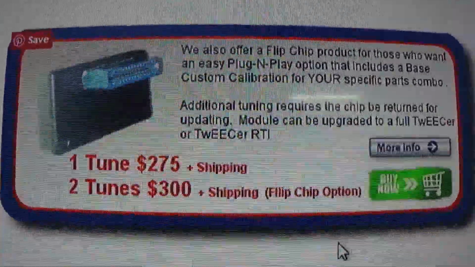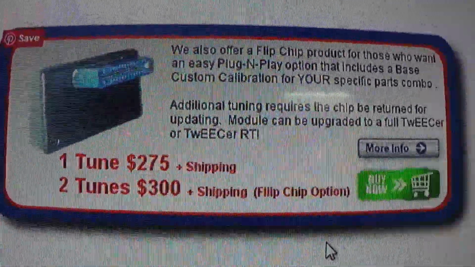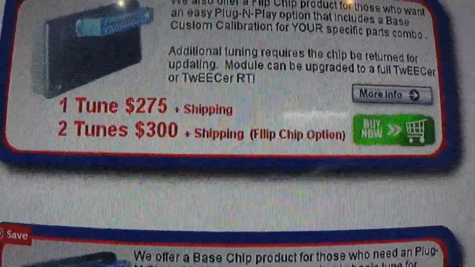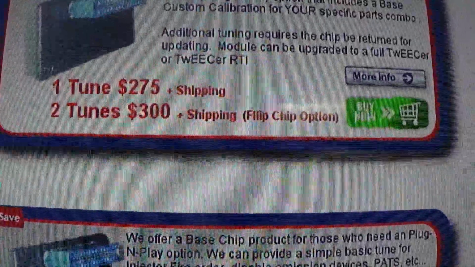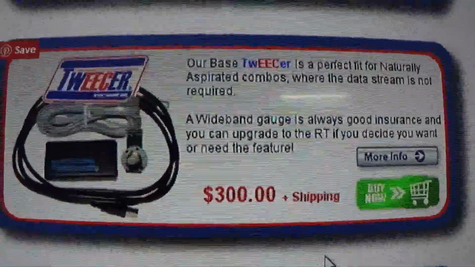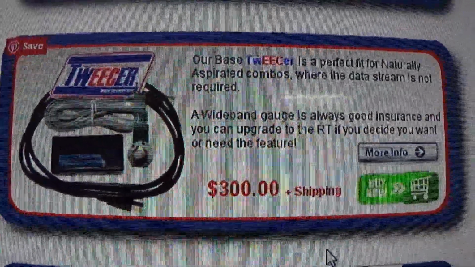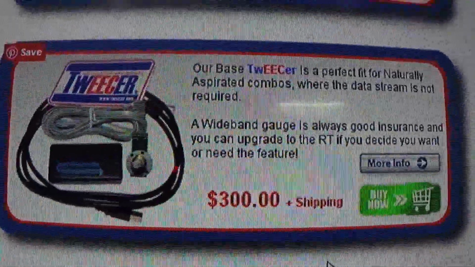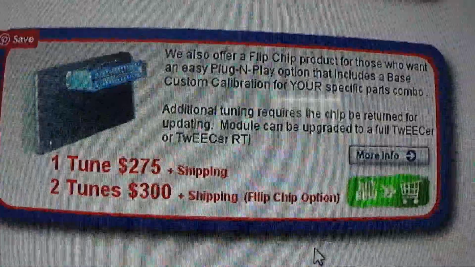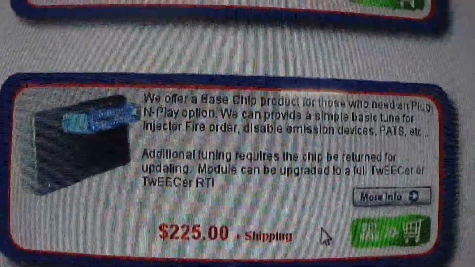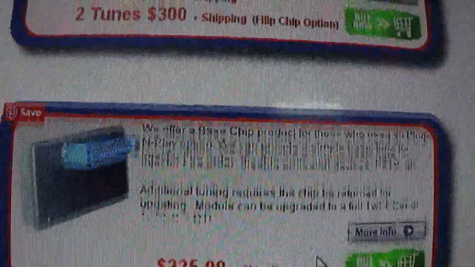For me, the system is great because it gives me the opportunity to do all the tuning I want. That's why I wanted the RT. So you get one tune, $275 plus shipping. Two tunes, $300 plus shipping. So why not go the full tilt if you're not looking to put a turbocharger on or anything like that? You're sticking to naturally aspirated. Why not spend the $300 and get the option to do the tuning yourself? You can still ask for a custom tune, and they'll send it to you through email, and you can update your system with that custom tune if you'd like. So there's a few options on there, as you can see. These guys have been around for a long time, and I would say that if you're looking for a tune